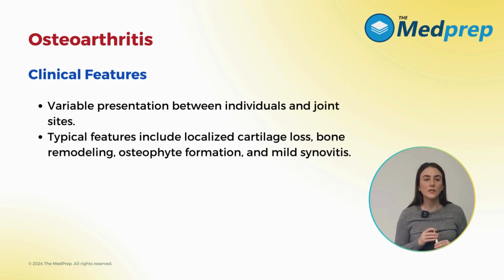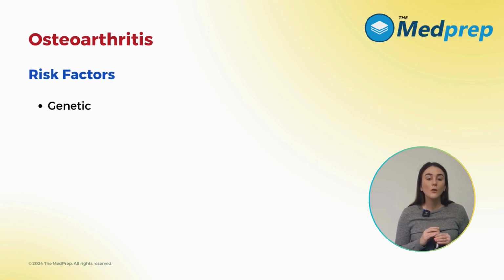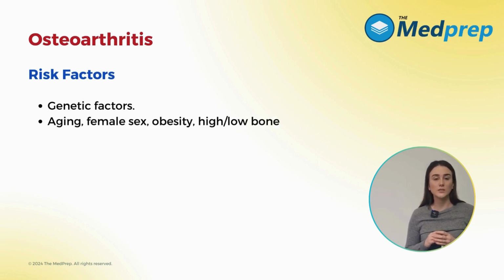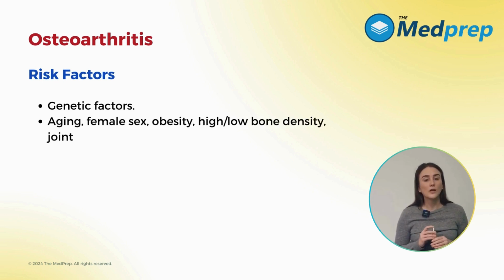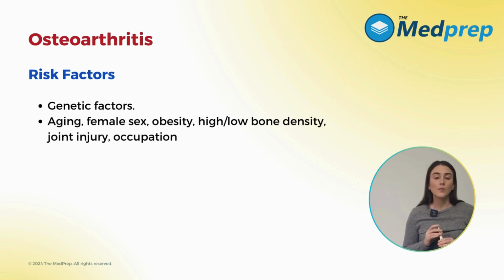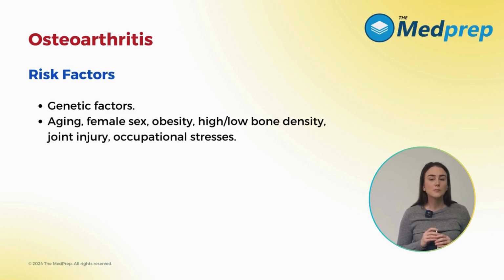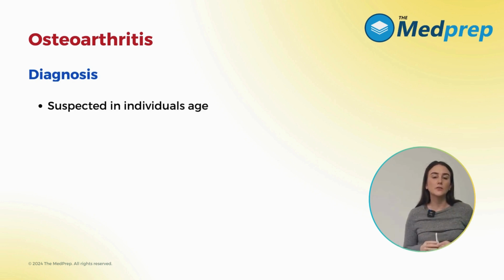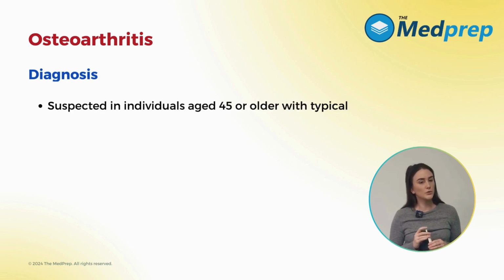formation, and mild synovitis. Risk factors: genetic factors, so 40 to 60% heritability for hand, knee, and hip osteoarthritis is present. Biological factors include aging, first and foremost, female sex, obesity, high or low bone mineral density, joint injury, and occupational stresses. So diagnosis should be suspected in individuals who are 45 or older with